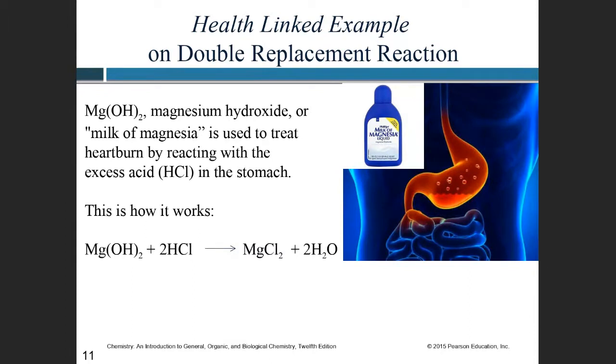We want to connect between our study in chemistry and also health. So we will have a health-linked example on the double replacement reaction. The magnesium hydroxide, which is called milk of magnesia, is used to treat heartburn by reacting with the excess of HCl in our stomach. So if in our stomach we have excess HCl, the milk of magnesia will react with the excess HCl, and this